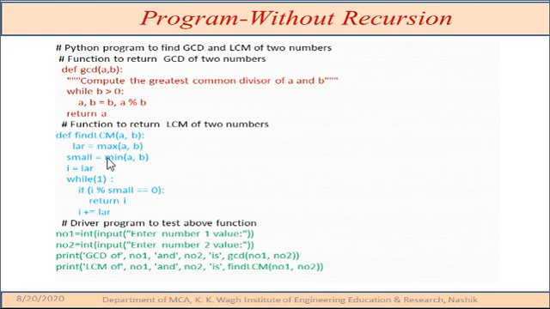Similarly, for LCM, we have to find the large and small number among the two numbers, and then start to find the large number, which is taken modulo the small number, and we return that large number. At the end, whatever the large number is, that is called the LCM by that function. Then we take the two numbers from the user, and we display the LCM and GCD of them. I'm going to show you the execution of both programs.